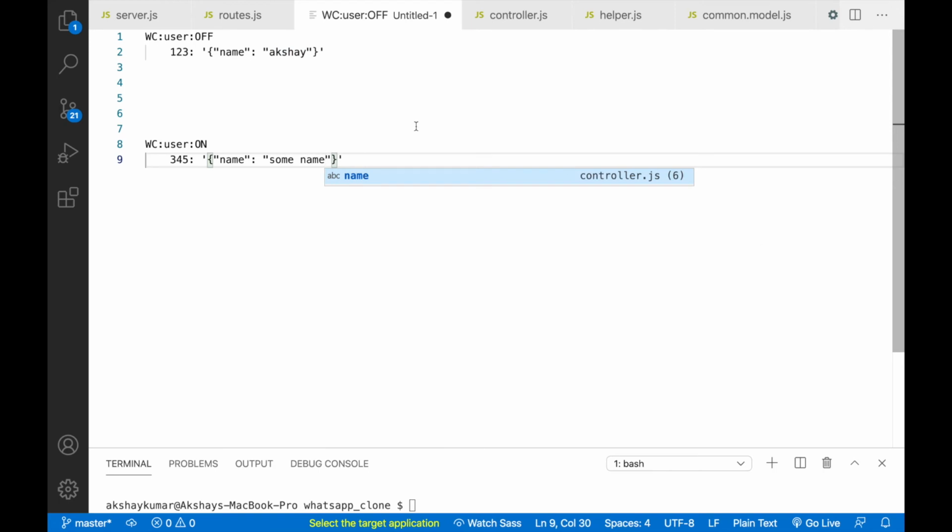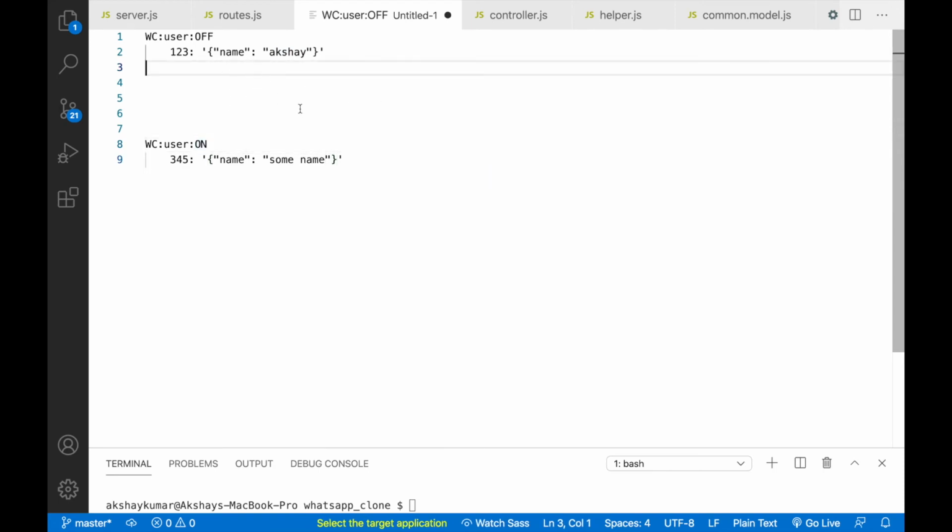So now what logic we are following here is, whenever any user comes online, we'll do the entry here and we'll remove the entry from here. So let's say this 345 user comes online. Here, to start with, there is nothing, so we put one entry inside on. Once this user goes offline, we'll remove the entry from here and we'll put the entry here.